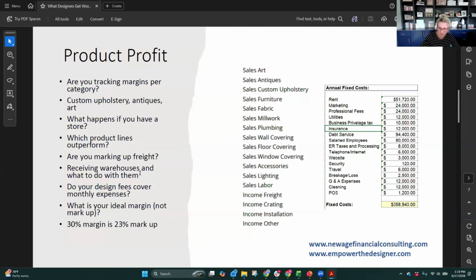Our largest firm is a New York firm, and they're huge. They're about 25 million in revenue. And they made a decision a couple of years ago that none of their receiving and warehousing will be billed through us as a firm. So we give up that discount, we give up that markup. We do charge hourly for obviously all of the coordination of it, but we gave up that markup because of the pushback from clients on those types of projects, where every project was millions and millions of dollars in furniture. It was a business decision. They said it's not worth the argument with clients to try to collect the receiving and warehousing fees plus our markup.